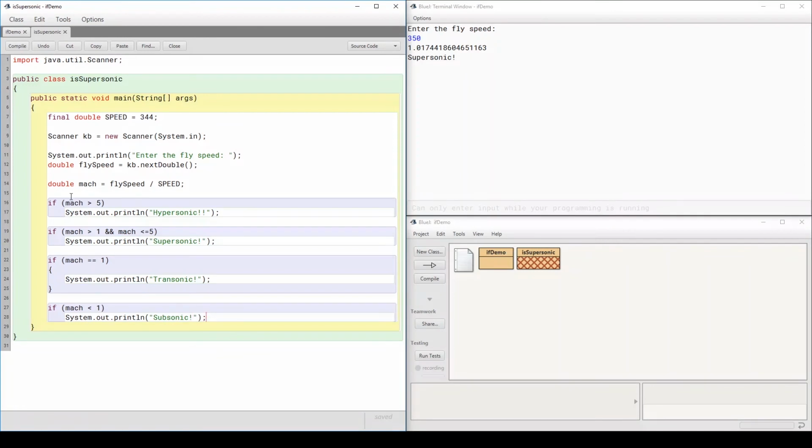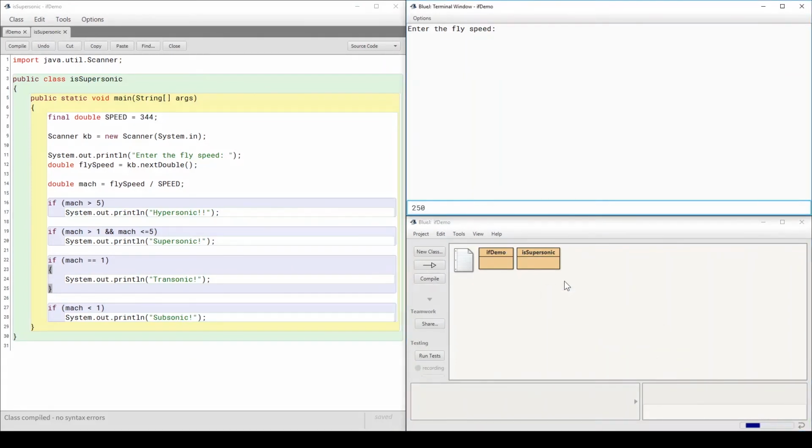So notice here we have stacked if statements. Some of them, even though it's a single line, I could still include curly braces, which is perfectly fine. And actually it's a better practice because it makes it easier to read. All right. So if I run this,